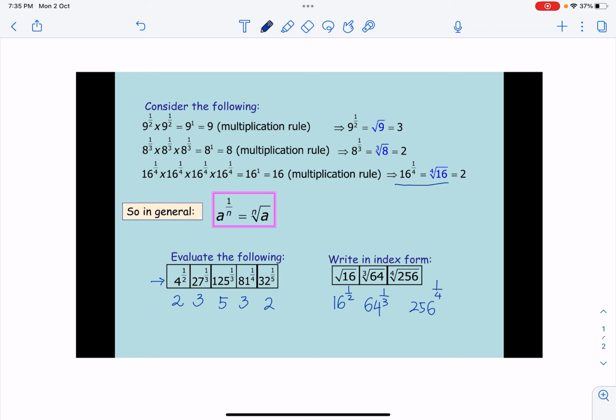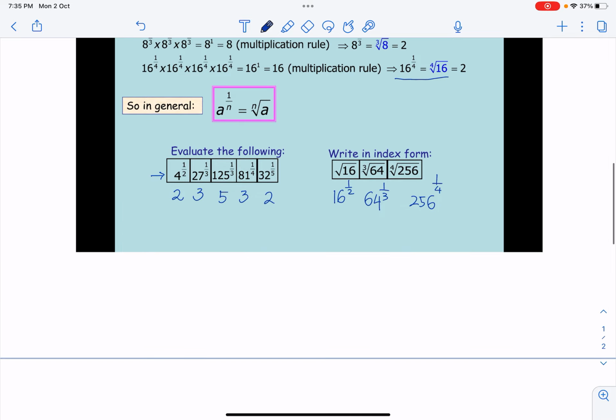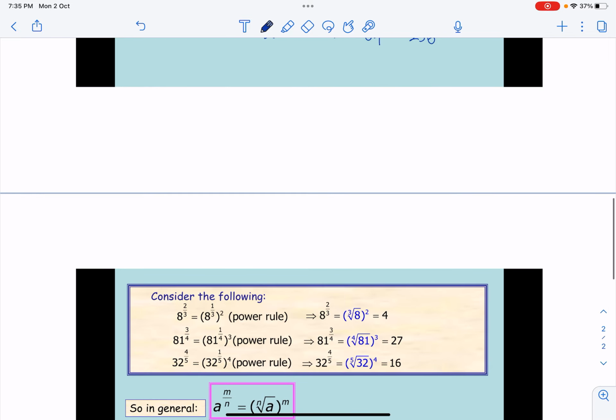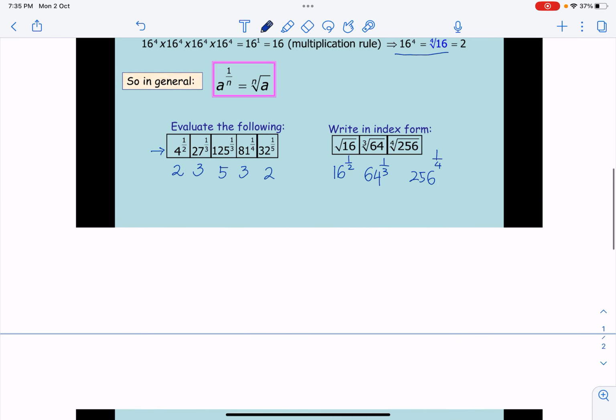What if the numerator is not 1? At the moment we have 1 over n, so denominator n showing you the nth root, but the numerator is 1. So what if the numerator is not 1? Let's have a look. If I, for instance, have an expression like this, 8 to the power of 2/3,